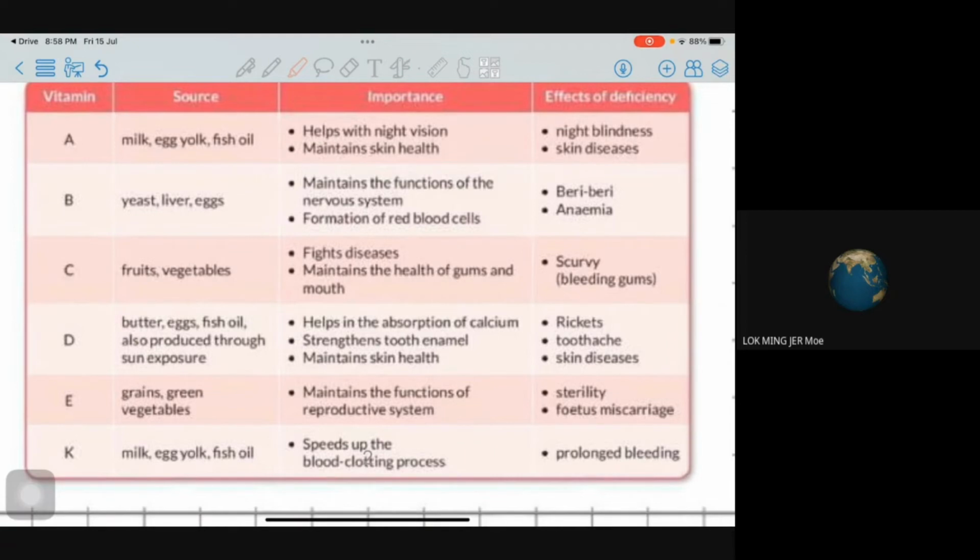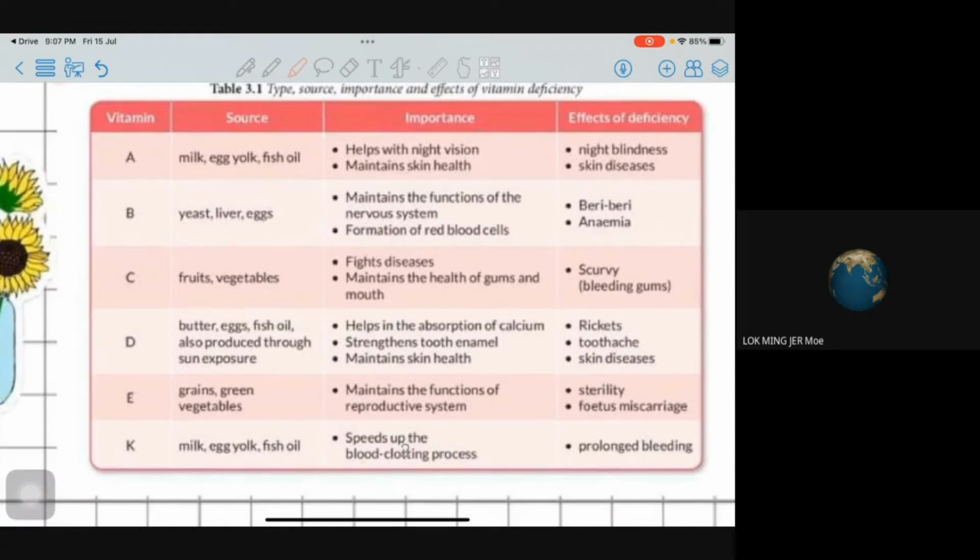Okay, if you lack vitamin A, you will get night blindness. If you lack vitamin K, your bleeding cannot close. For example, me, I lack vitamin K. When I get bleeding, it takes a very long time to recover. Okay. If you lack vitamin D,